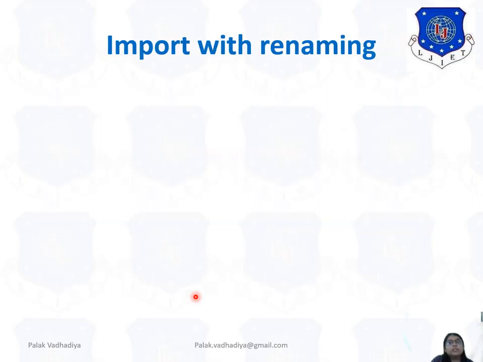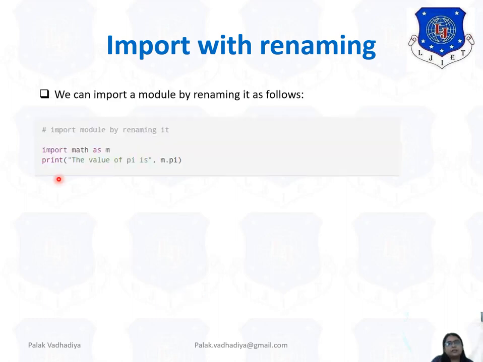Next, import with renaming. That is, import numpy as np. See here, import math as m. So instead of writing math over here, you just write m. Here you can write anything, ABC, XYZ, anything.